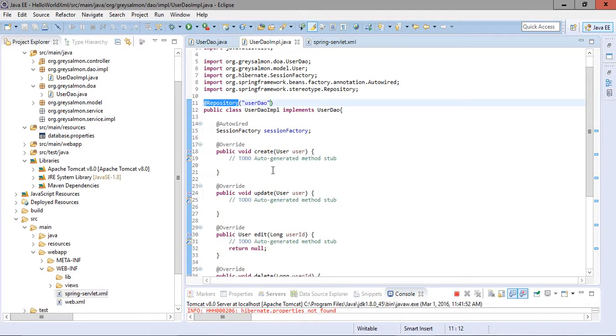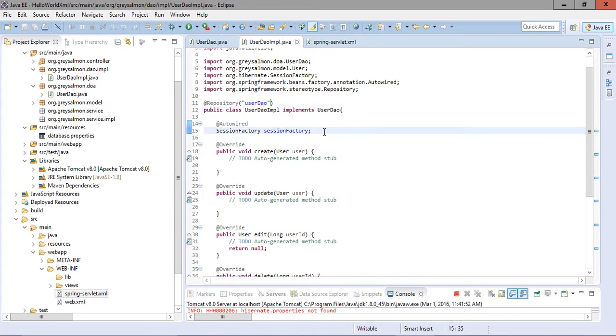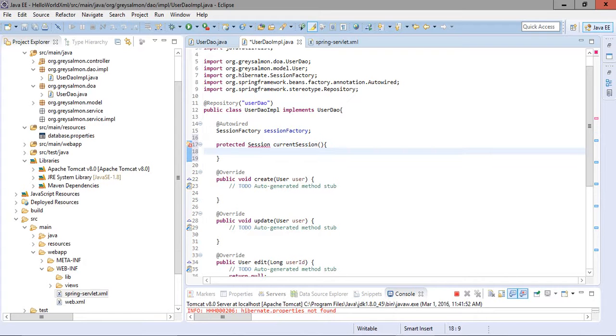Okay, now as we have autowired this session factory bean, now we have to open the session for this. So here I will use Session, this is the return type, and then the method current session. This is because I'm writing this method to access the database. We need a session object.